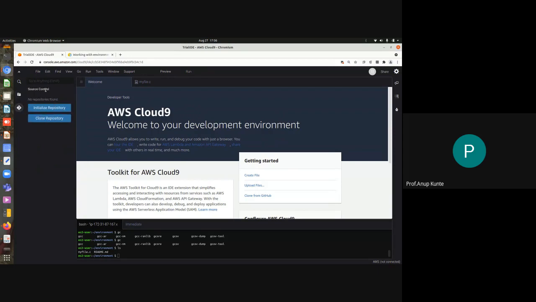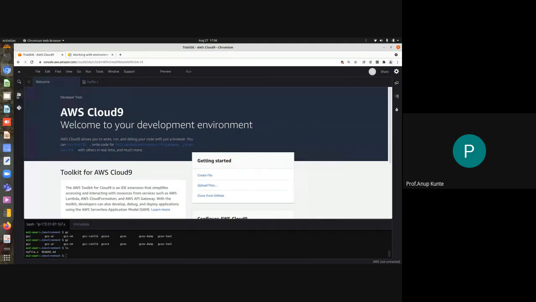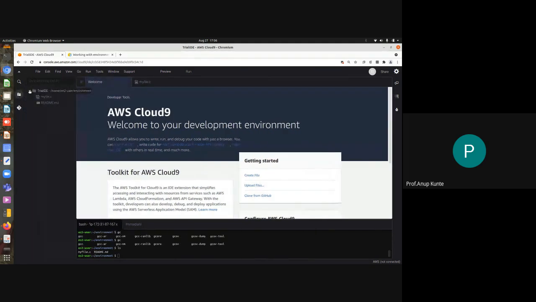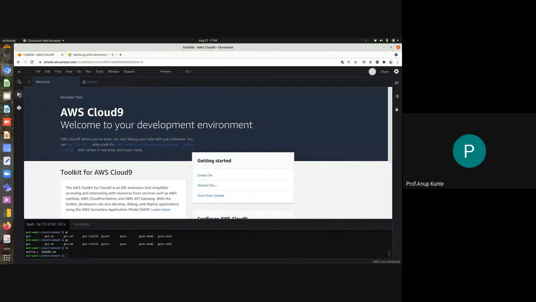If I want to clone a repository from GitHub that I have, and use it in my program, or I want to initialize a repository, I should use these buttons. This is the file view. I can see all the files, I can hide that, and I can search. Just like many things that you have in an IDE, they are available.